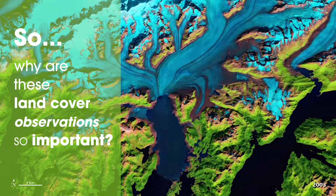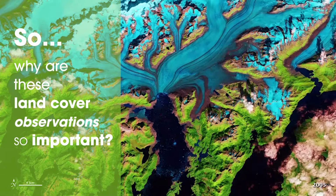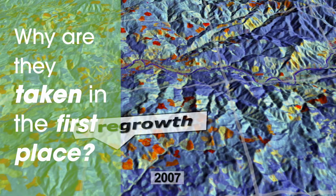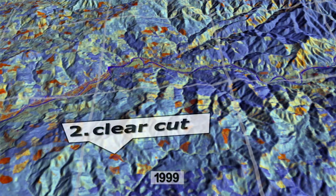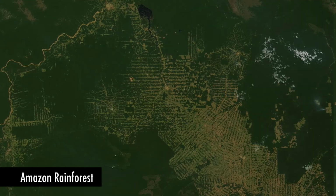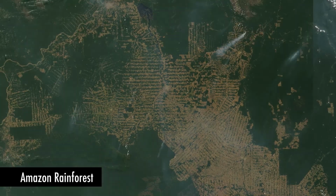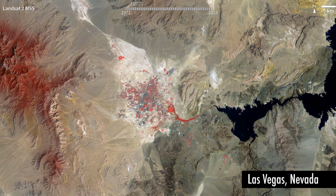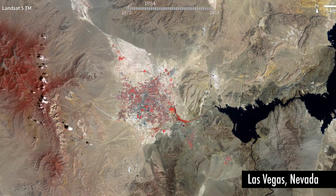So, why are these land cover observations so important? Why are they taken in the first place? We also are looking at how these components are changing over time. So deforestation in the Amazon or across the world, how are cities expanding? A lot of different things to study, and really the view from space is the way that we do it